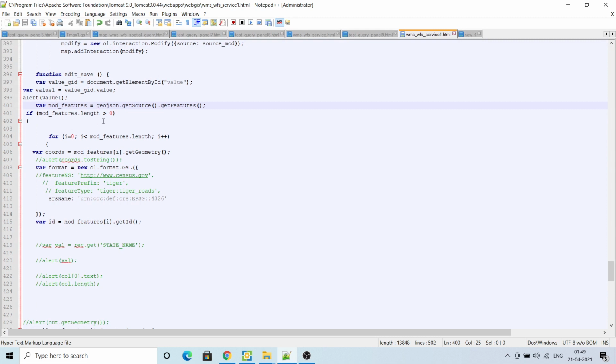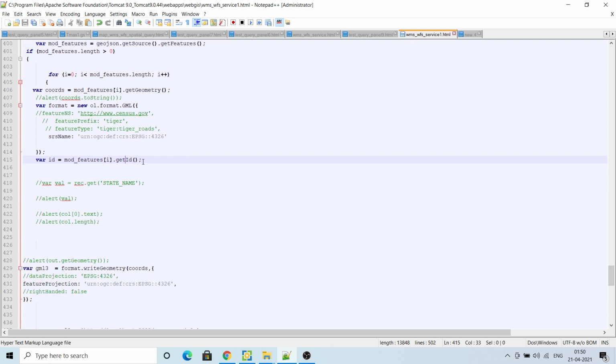Then it is counting if the feature length is greater than 0, means how many features are there. Then one by one it is getting the geometry of each and every feature. It is taking the ID of the feature. GeoServer basically creates a very unique ID for each and every feature when you publish it. So it is getting the ID of that.